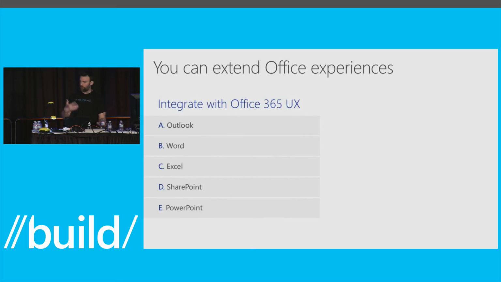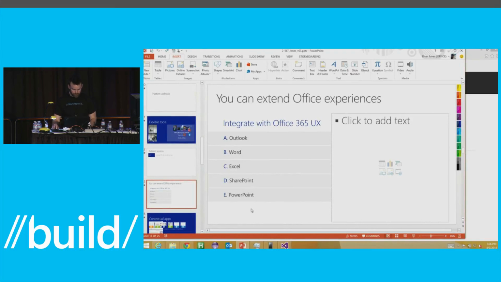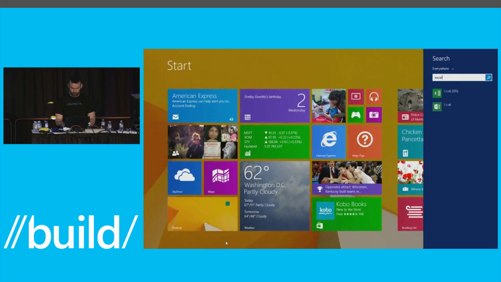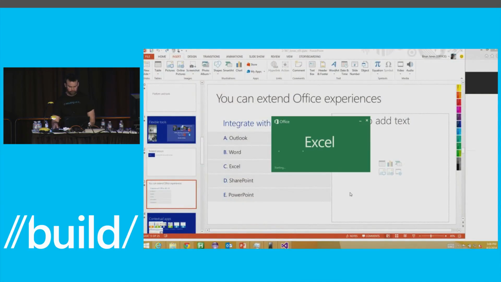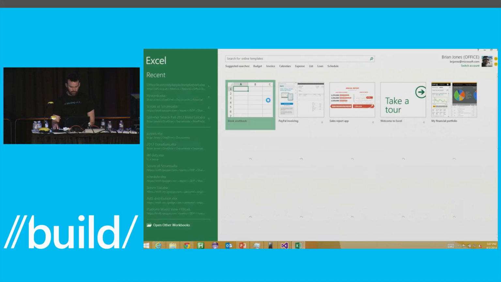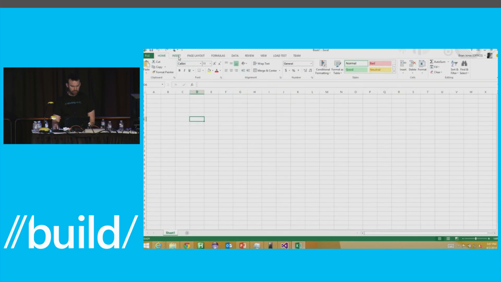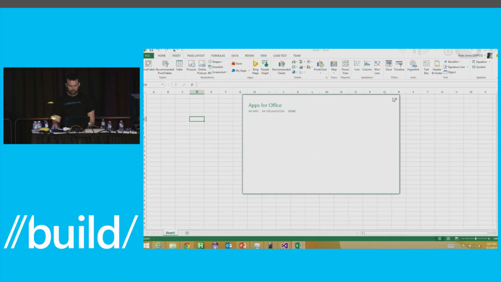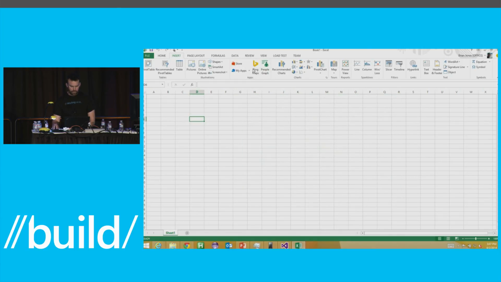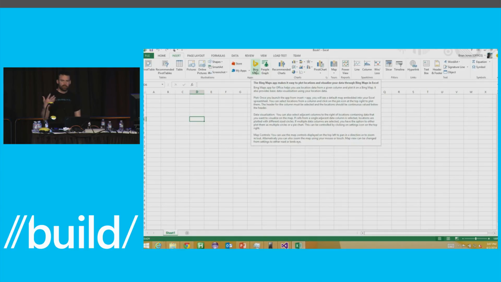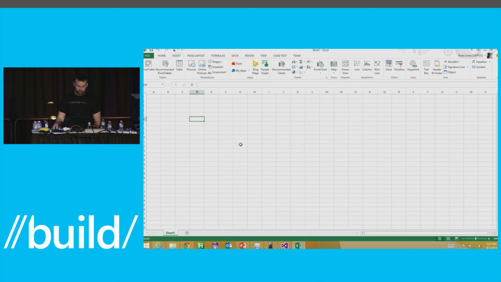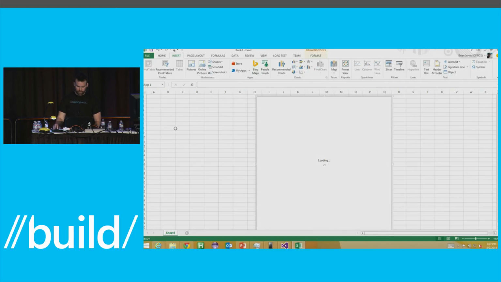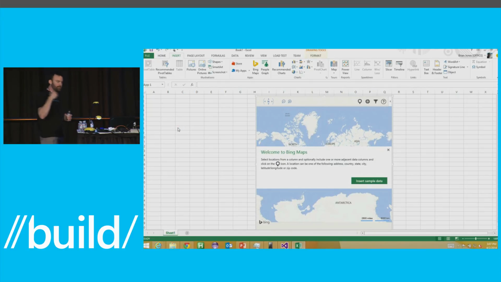You can also extend Word and Excel. Just to give you an example here, let me go into Excel. Right here from Excel, I can say I want to insert an app. I can view the store, and I can see what interesting apps are coming from the store. There's also a set of apps that we just have pre-installed that I can use. So there's a Bing Map app. If I insert this, just like in Outlook, it's just using HTML and JavaScript, so this is just a Bing Map sitting there running inside of Excel, just like a chart would.